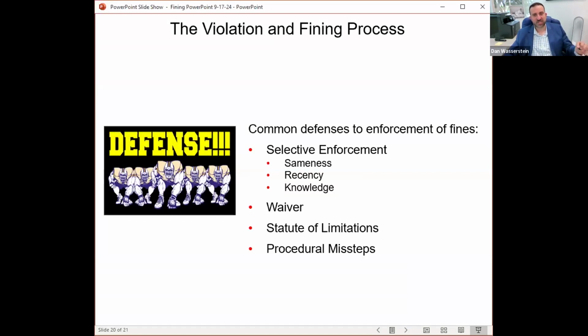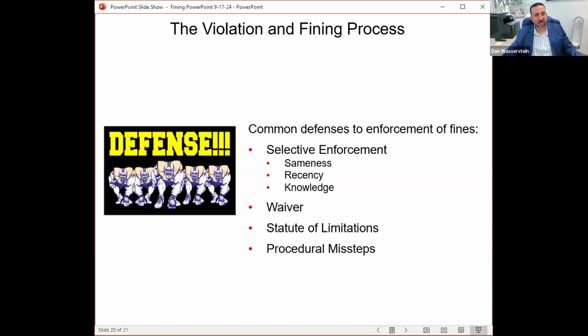The first, selective enforcement. I'm sure a lot of you have heard that term before. Selective enforcement, where an owner says, you're treating me unfairly. Well, I've put 3 bullet points there because those are elements that have to exist for an argument of selective enforcement to hold water. So sameness, what does sameness mean? Apples to apples. So we've had owners say, well, you're selectively enforcing against me because you made a parking violation against me, but my owner has landscaping issues and you didn't go after them. That's an example where parking, landscaping, apples and oranges.